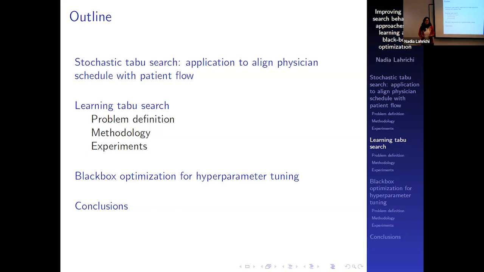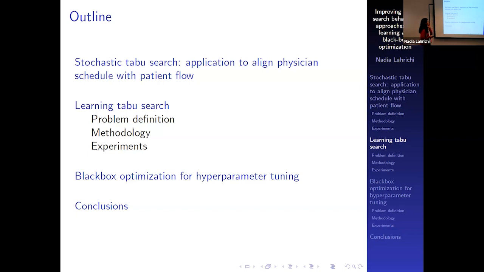But since it was only 1 day, it was not worth changing the complete schedule at the center and having everyone moving around. So we did not implement it. We kept our C++ code with us, and it's still with us, which is good. So then a few years later, with all the